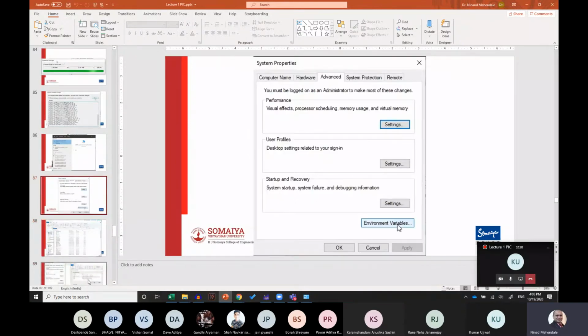Now, those who are having old systems can go to the settings, and from the settings, they can look for this particular system properties. Okay, it will vary for each and every one. So you have to look for system properties in your settings. There is a search option there, and then you have to click on this environment variables. Okay. Now, those who are on Windows 10 will see exactly what I have shown here, but on other systems, it might differ as per their color scheme and all.